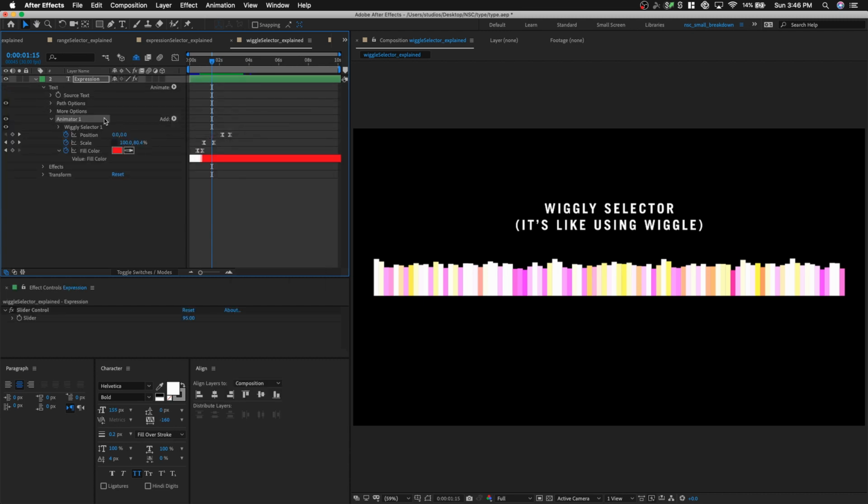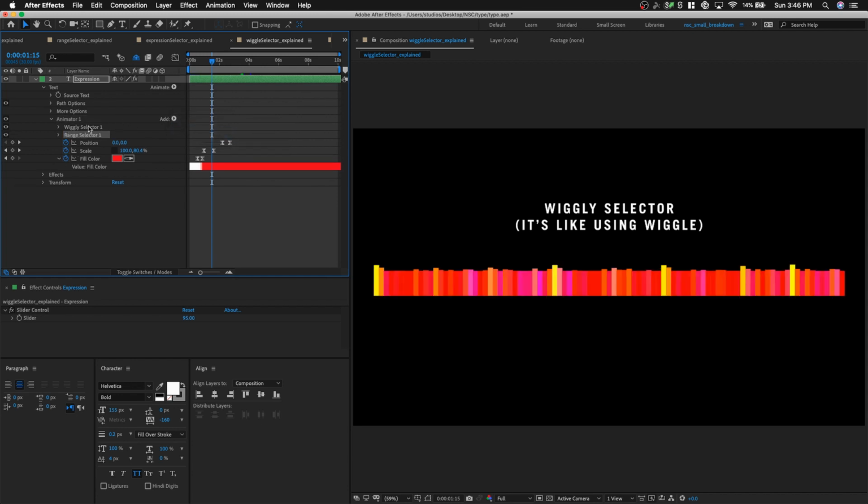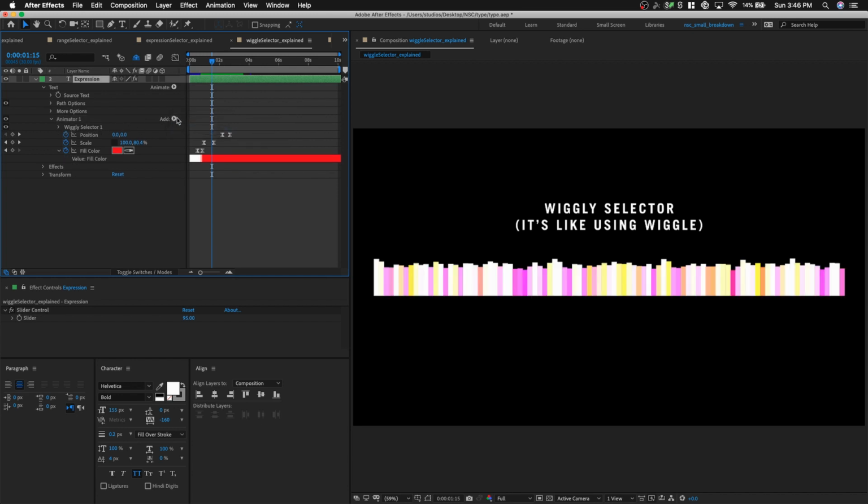a selector by going to animator selector, and just select whichever you want. By default, it's range selected, but you can delete them and then just add on the one that you want. So I simply place a Wiggly selector here, and it had the same set of keyframes as the previous two